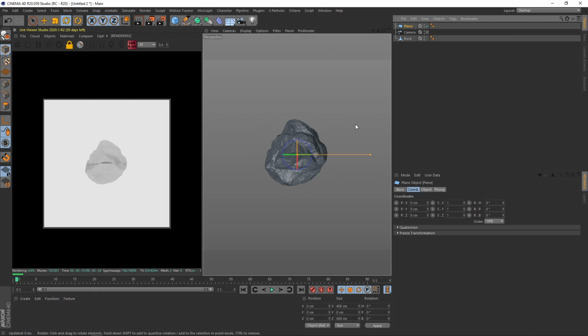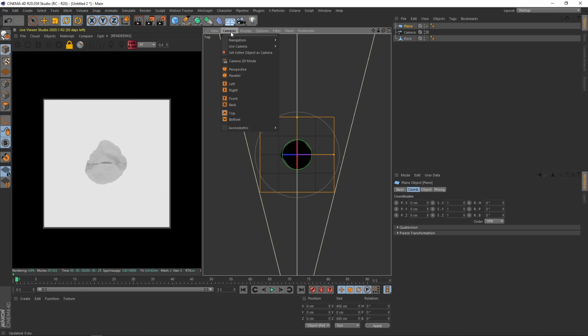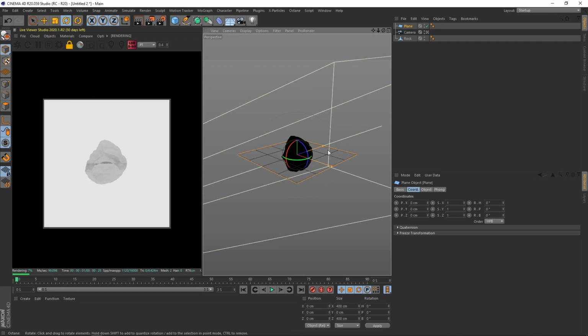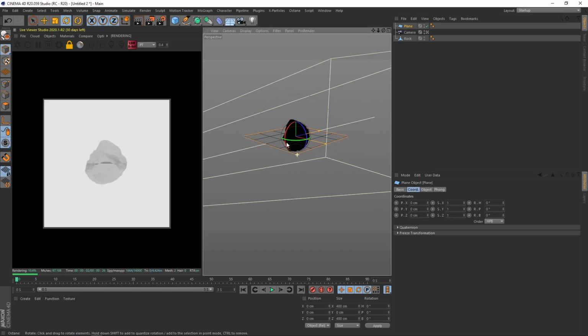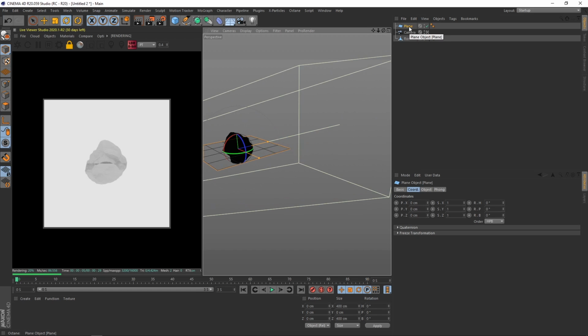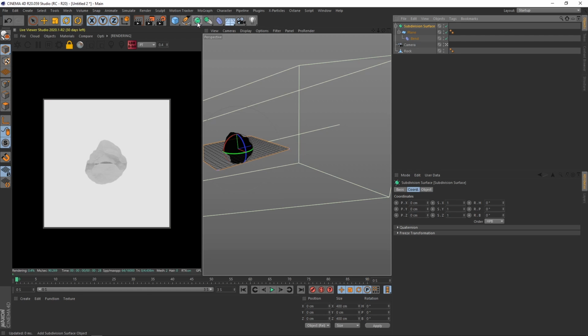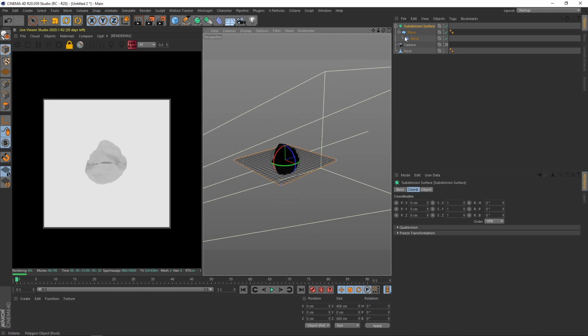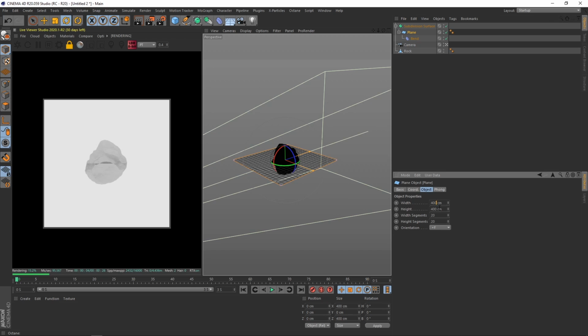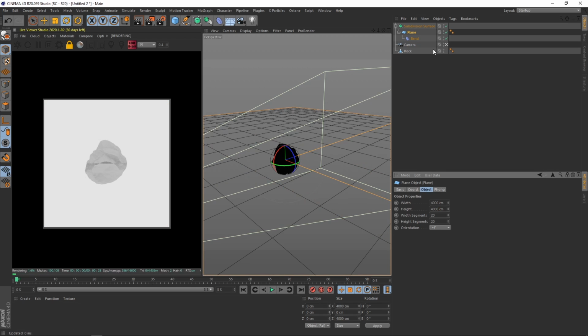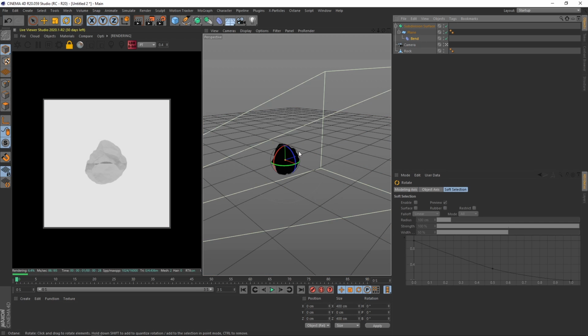So you put in a plane, and just so I can see what I'm doing here, I'm going to press F2. And then camera's perspective, and now we can move around while the viewer stays the same. And then what we're going to do is, holding shift, hit on the bend deformer, and holding alt, hit on the subdivision surface. And now we can put the plane to maybe just put a couple more zeros in the end, and holding shift, we will bend the,